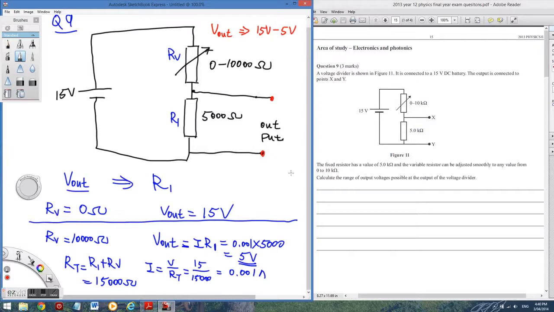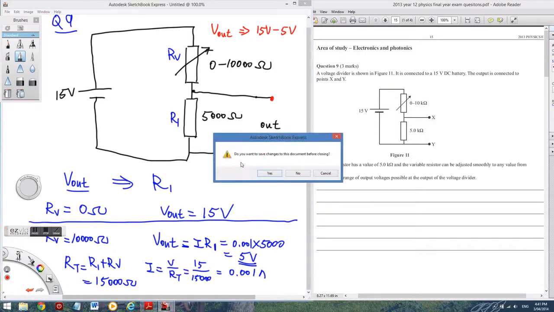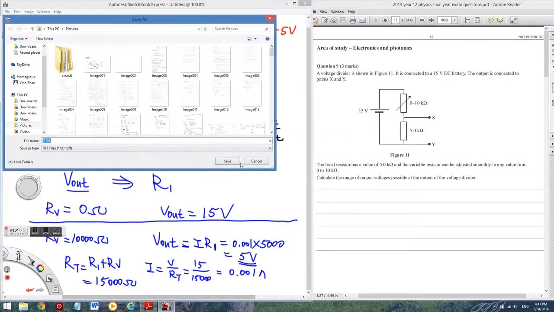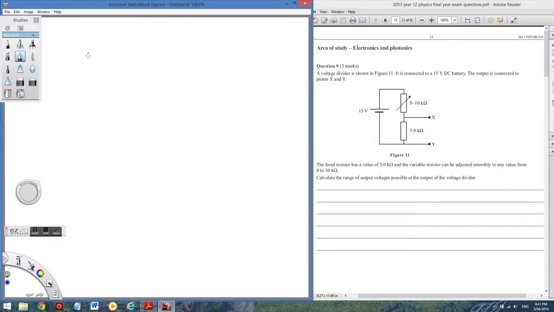Okay, now if we do it the year 12 way, there's an easy way. Okay, it's a voltage divider. It divides the voltage. Okay, so if we do that, okay, the V out, okay, must be the total voltage input times the ratio between two resistors and R1. Okay. Yep. We have this equation. So if we do that,